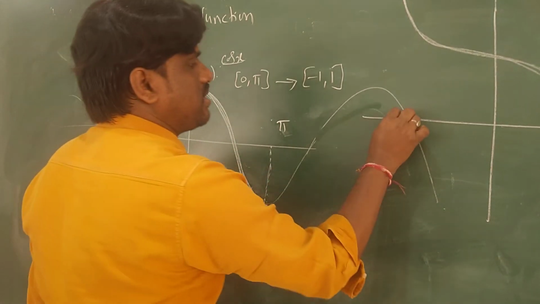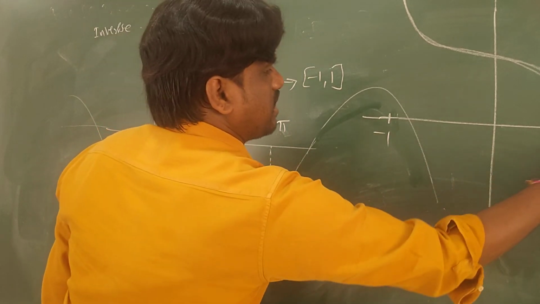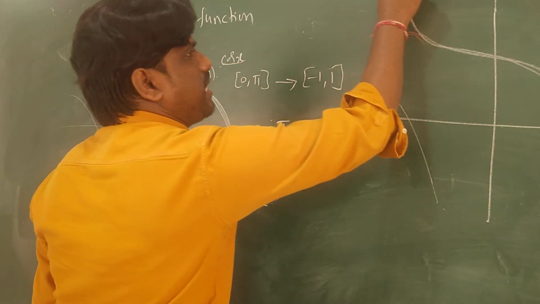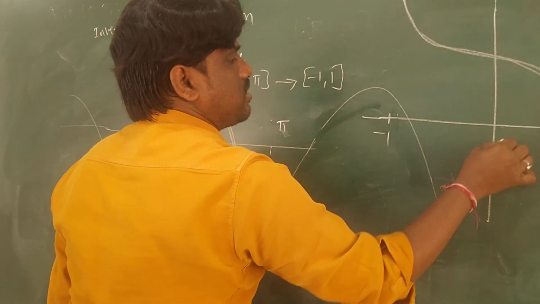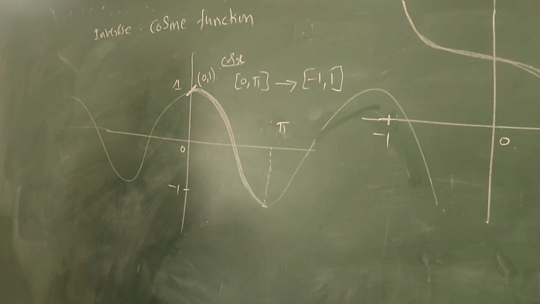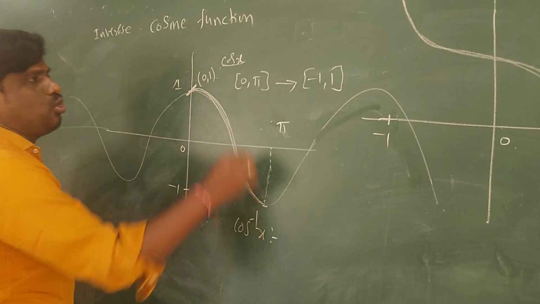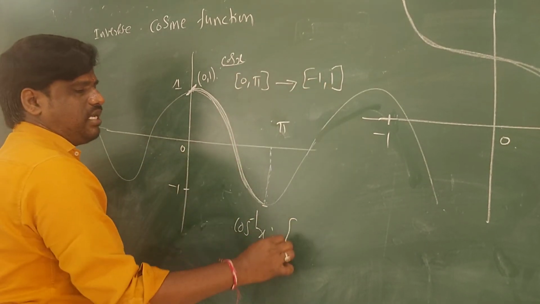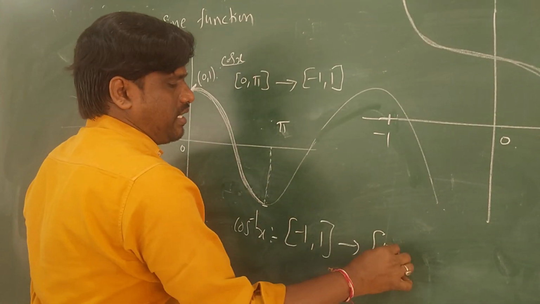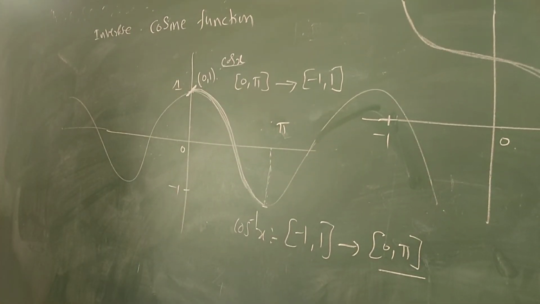So minus 1 comma, this is the minus 1. Here is minus 1 and this is plus 1. Plus 1 becomes 0 and minus 1 becomes pi. So it will become 0 to pi. So this is the cos inverse x graph. For cos inverse x, the domain and range are now reversed. Domain will be minus 1 to 1 and range will be 0 to pi. So the 0 to pi is called the principal branch of cos inverse x.